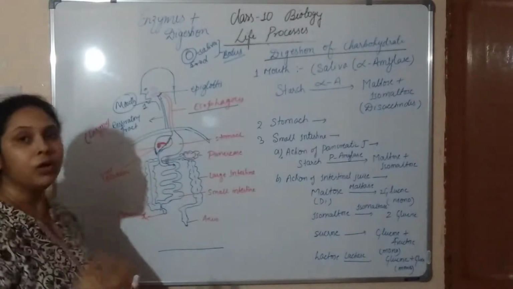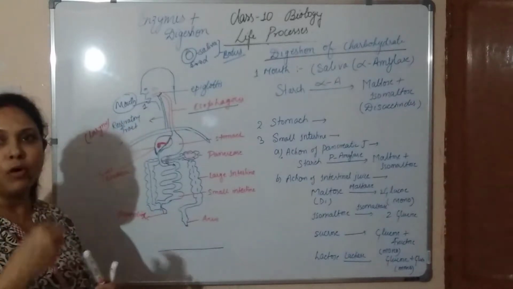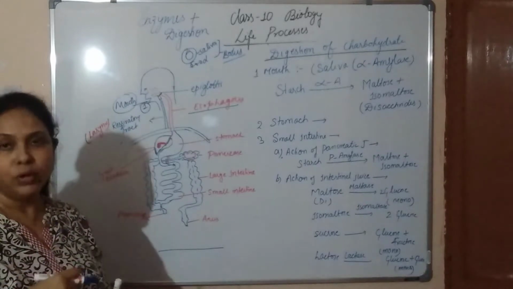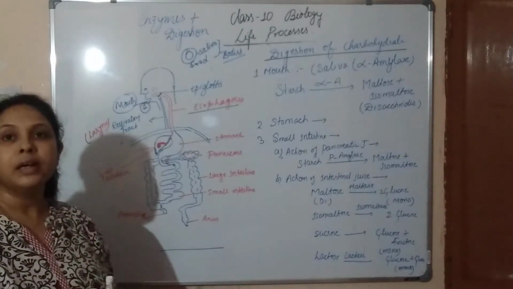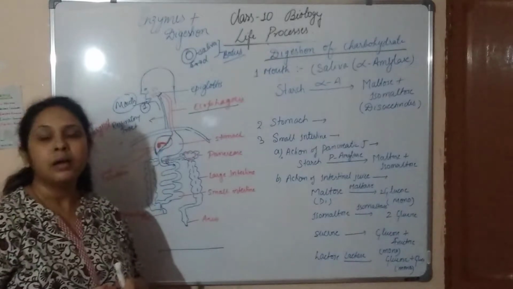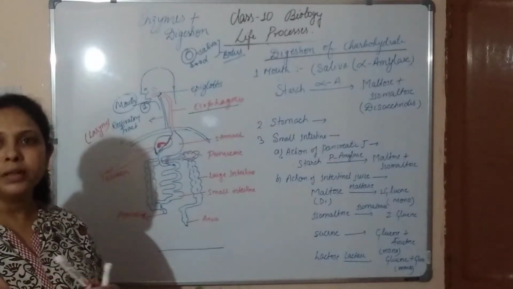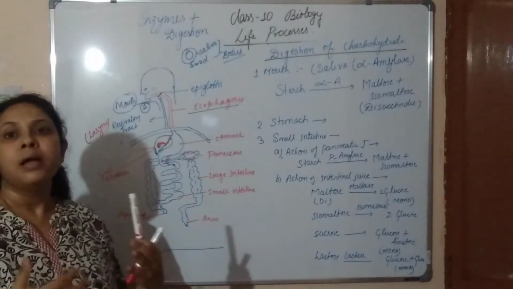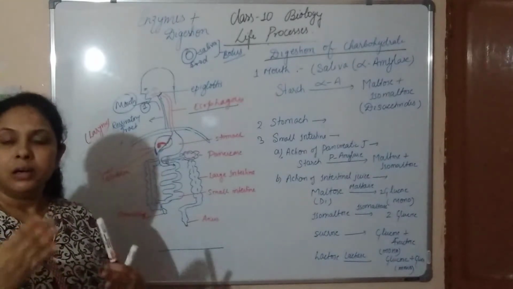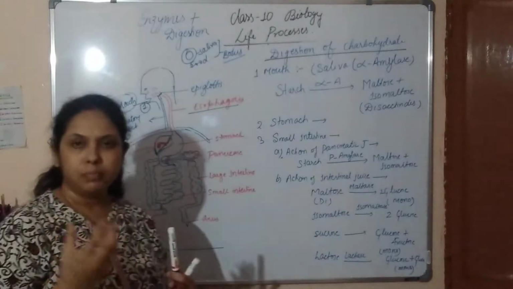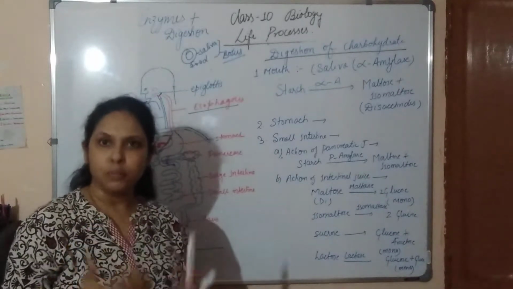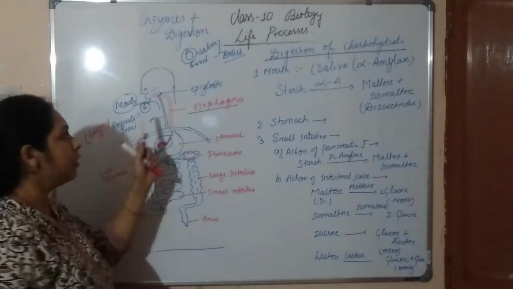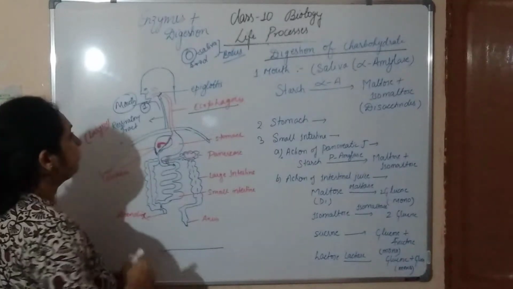First of all, whatever food we eat, we take it in through the mouth. The mouth is the first point where we take the food, and it contains different types of teeth, the tongue and salivary glands, which help in the partial digestion of carbohydrate. The teeth and tongue help in dividing the bigger particles of food into smaller particles. So the mouth is the first part through which food is taken in.